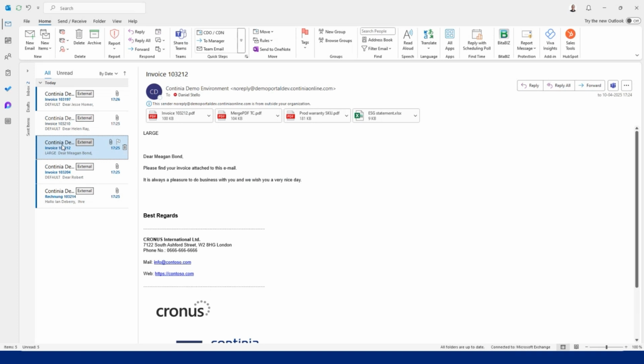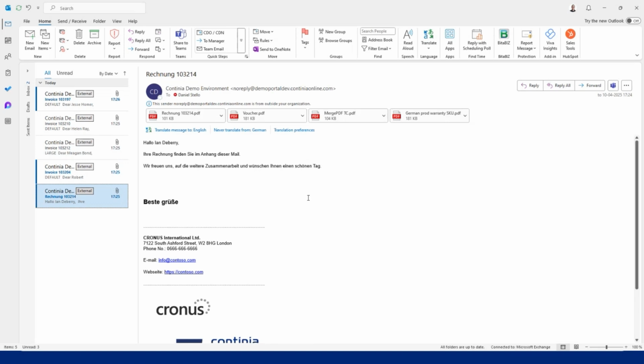Whereas for the large account version, we have a little less content. We don't have the tables. And for the German ones, that's the one here, we get the German content and the German signature with the